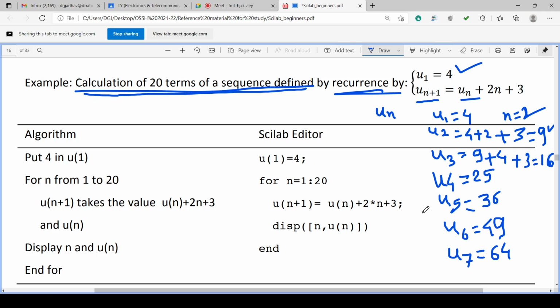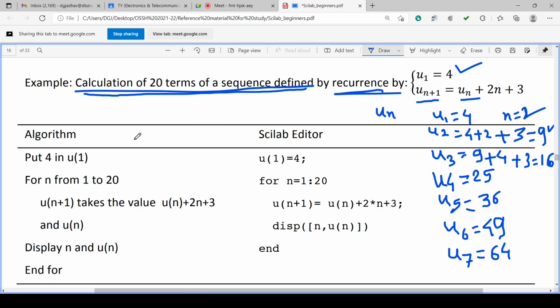So we can write the algorithm for that, or according to the algorithm, we can have the program in the Scilab editor. Algorithm is to understand how the program runs.